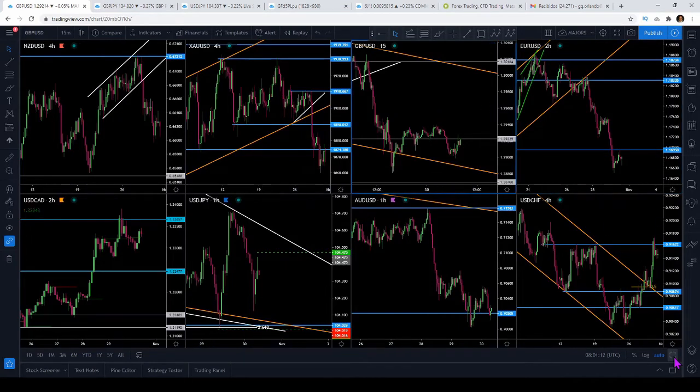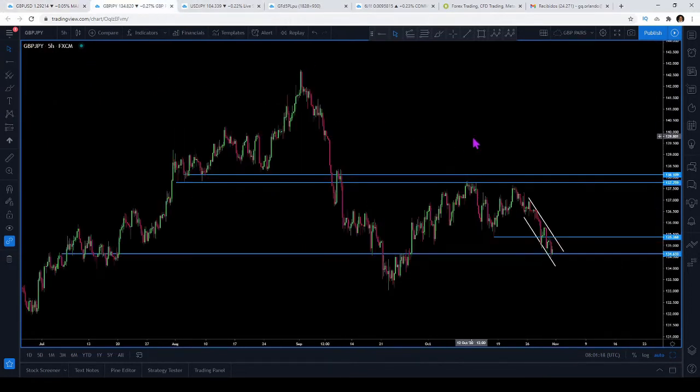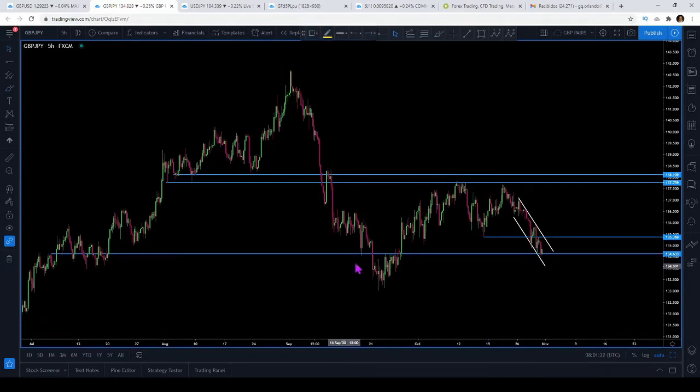the GBP versus the USD is also rallying at the moment, right? So let's go back to the pound versus the yen, and if we look closely, you can see that at this point in time, or in historic price action, is where we got some buyers jumping into the market, and they rallied price up for about 150 pips. All right. So we have to look at that as one of the indications that we might get a reversal